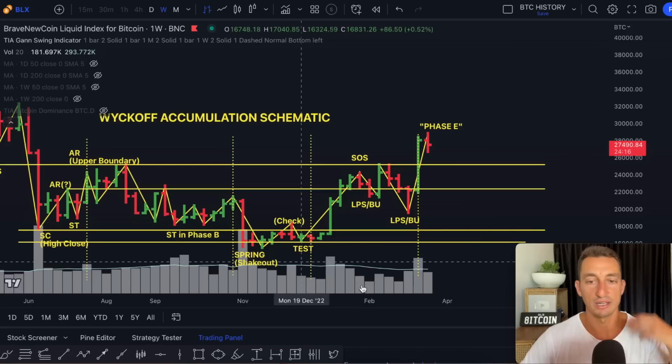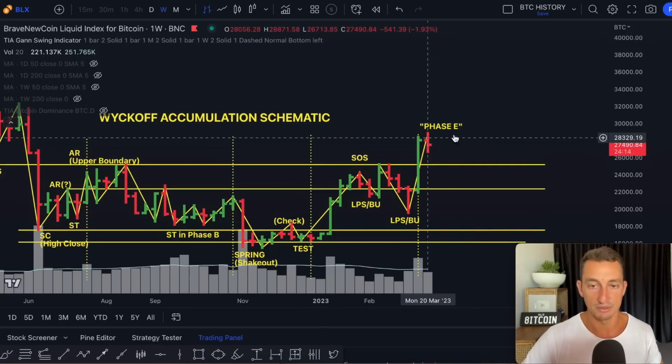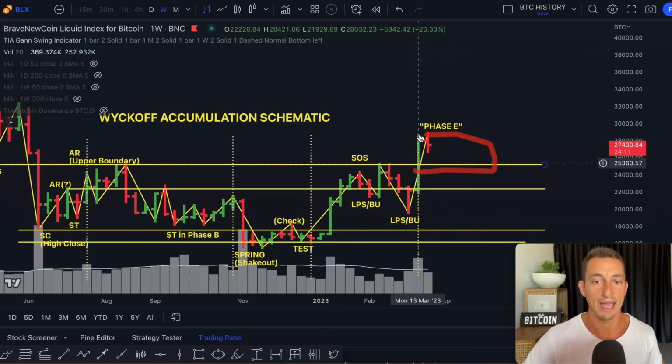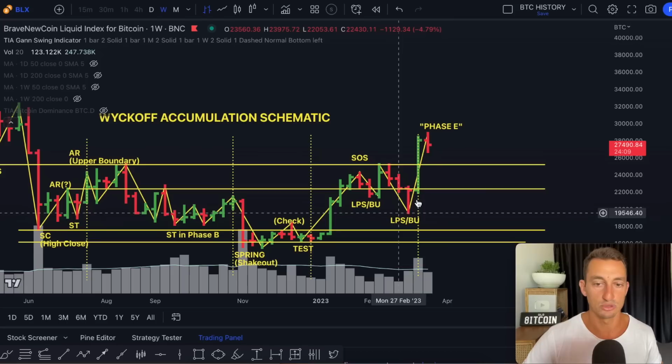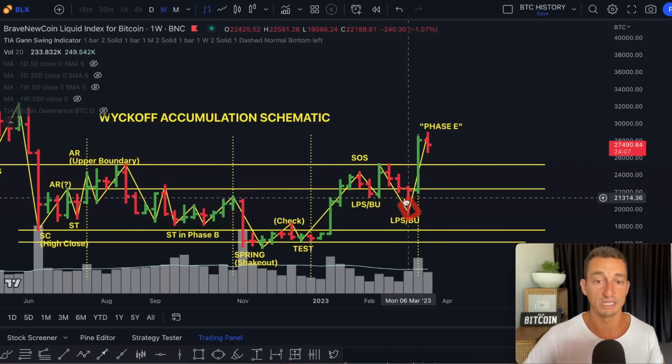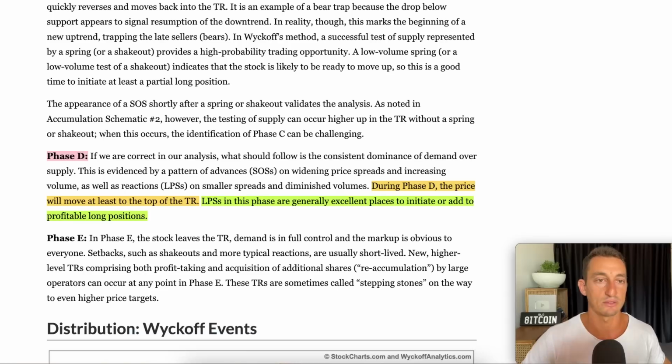And the reason for that, psychologically, is that we start to form bases because we have to get used to the prices again. It's still too fresh in our minds, sub $20,000 Bitcoin. It was only 3 weeks ago that we touched just below 20,000. So psychologically, people have to get used to the new prices. And this is what it says here: new higher levels comprising both profit taking, so traders will take profits and then look to buy on those reactions,